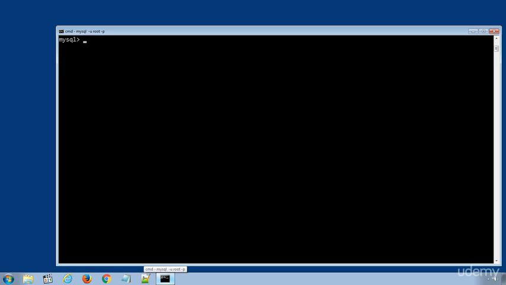Here I have logged in my MySQL database server using my root username and password. I will select the school database. And first, let's create a new students2 table which will act as a target table to store the data rows from students table. The SQL statement to create the students2 table will be